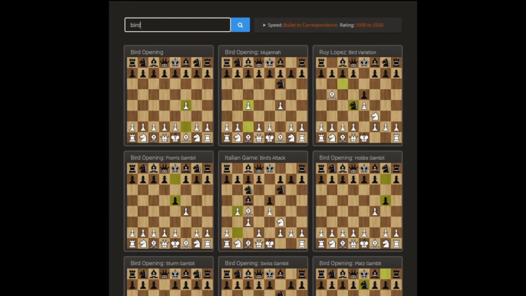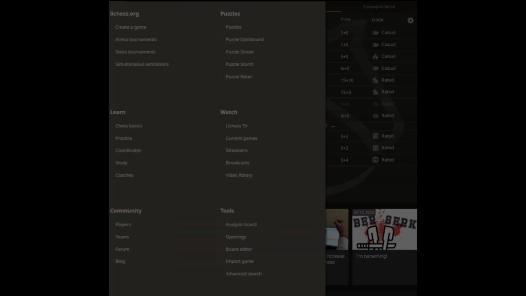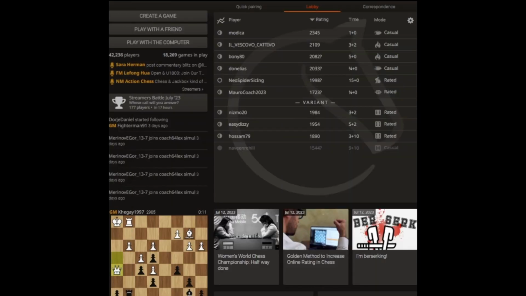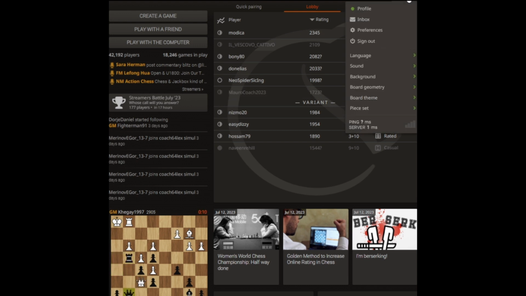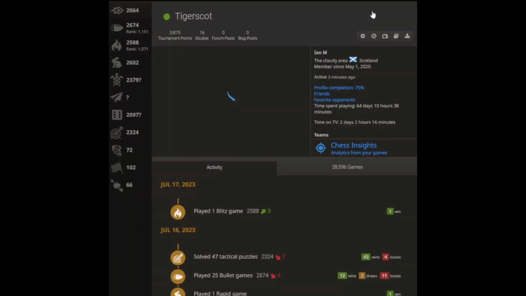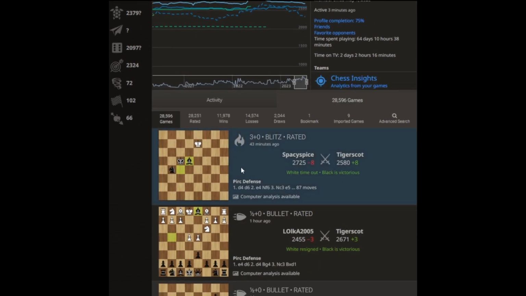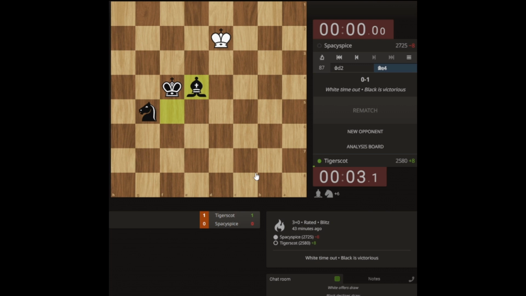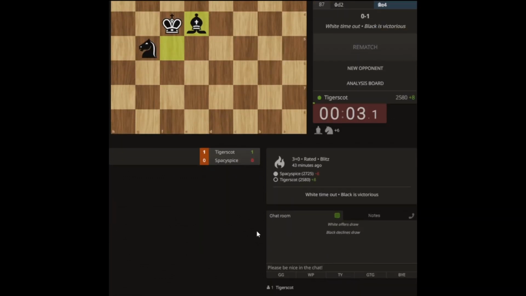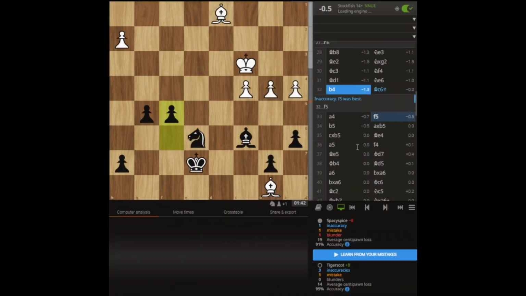That's pretty much it in terms of analyzing your game. I believe the best way to learn is to basically do as much of this as you can. And you can also get games from different platforms too. So if you want to go through a game that you played on Lichess, but you want to analyze it in chess.com, what you can do is get the portable game notation by going to Analysis board and